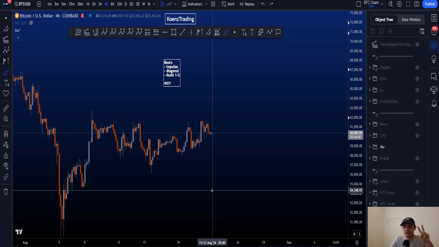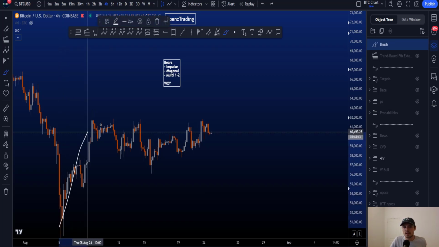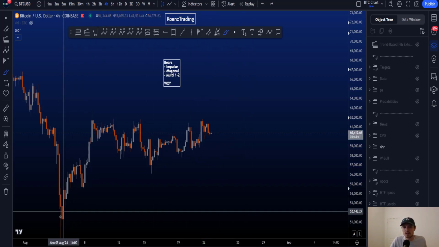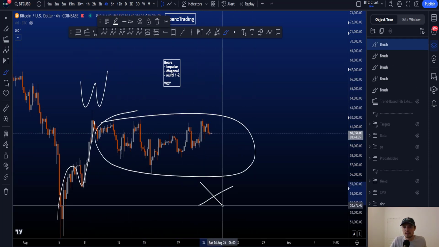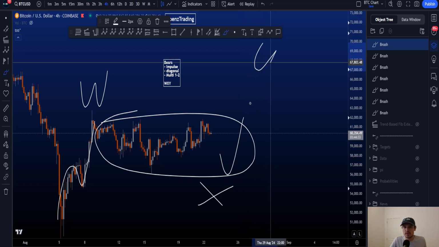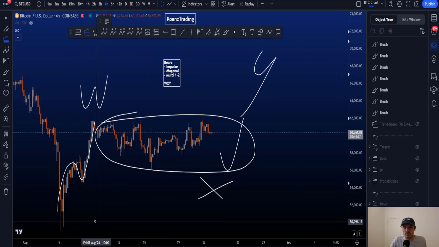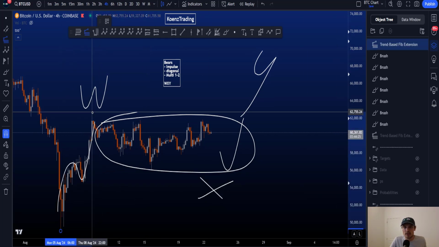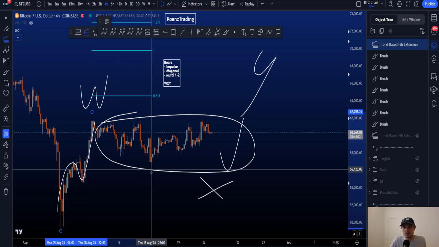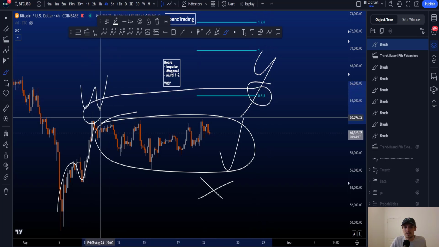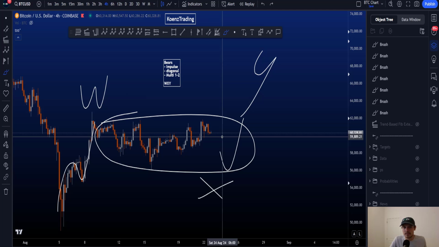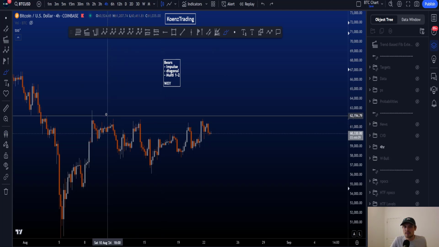So the highest probability bearish scenario at the moment would be a bigger WXY structure, a 3-wave zigzag structure in a wave W, a complex sideways wave X, and then we look for another move to the upside in a wave Y. But if we then take a trend-based fib extension from the low at 49k to the high here at 62.7 to the current low that we have, then you can see that the minimum target for wave Y at the moment is still above the 62.7k top, and therefore even actually in a WXY the probabilities at the moment are higher for price to still